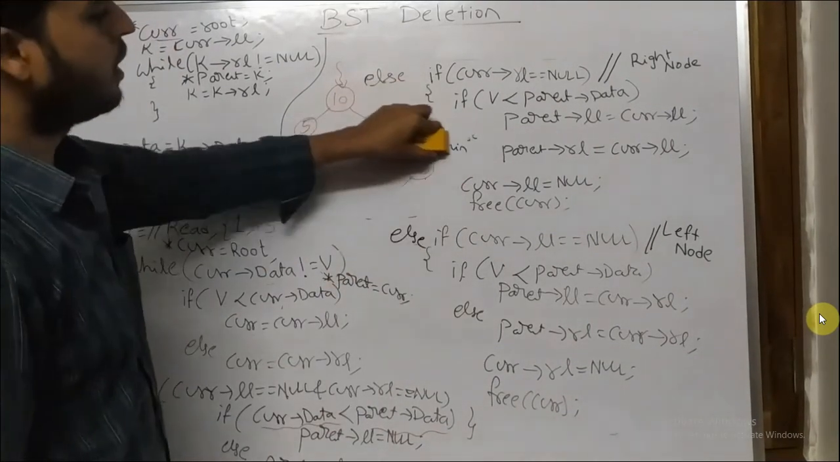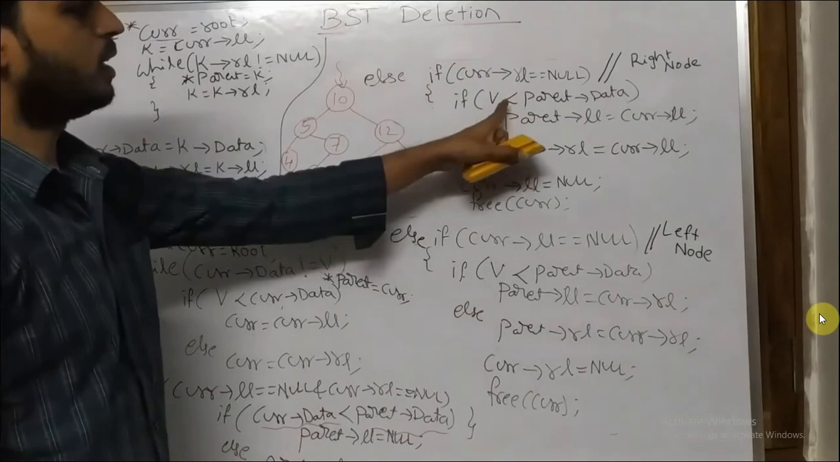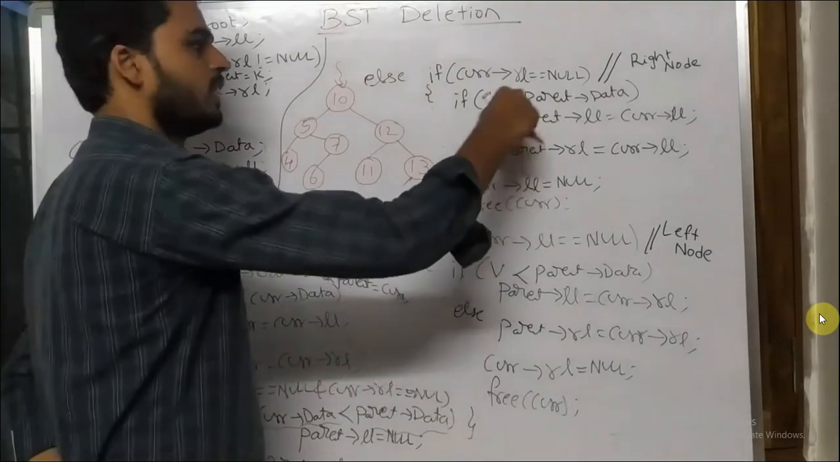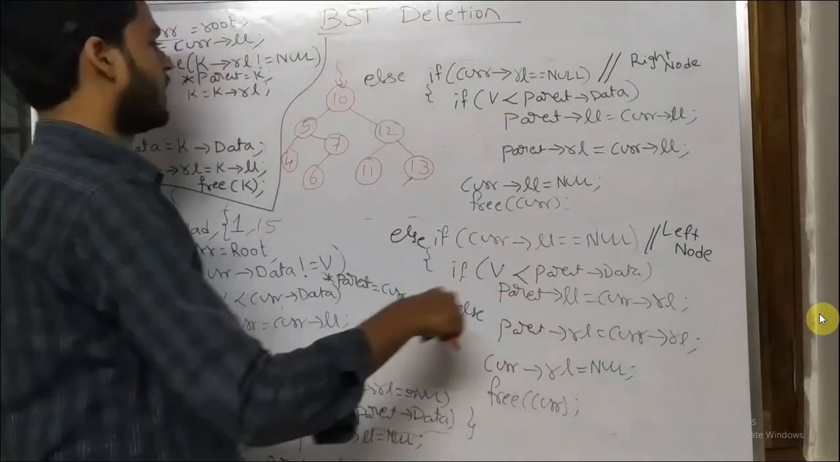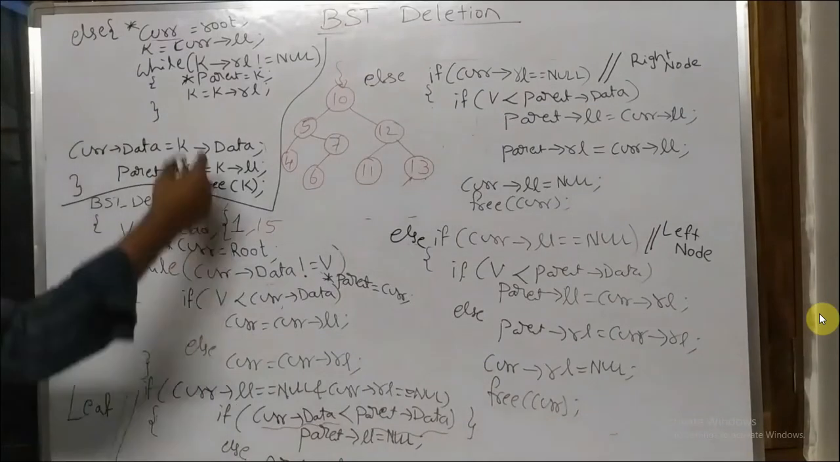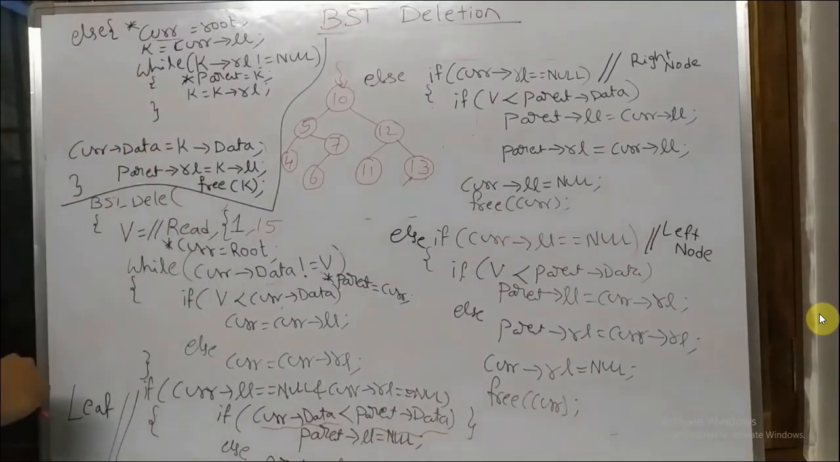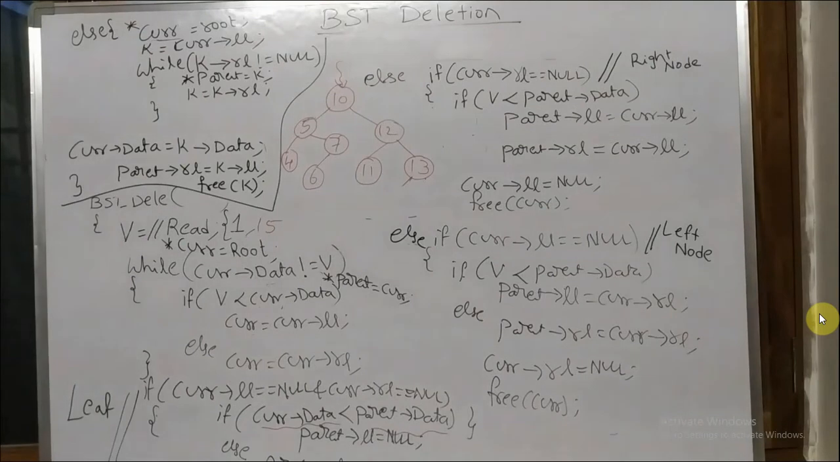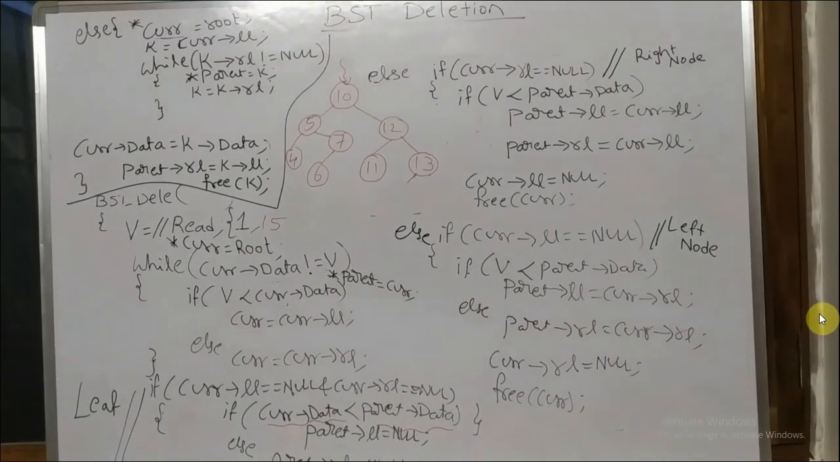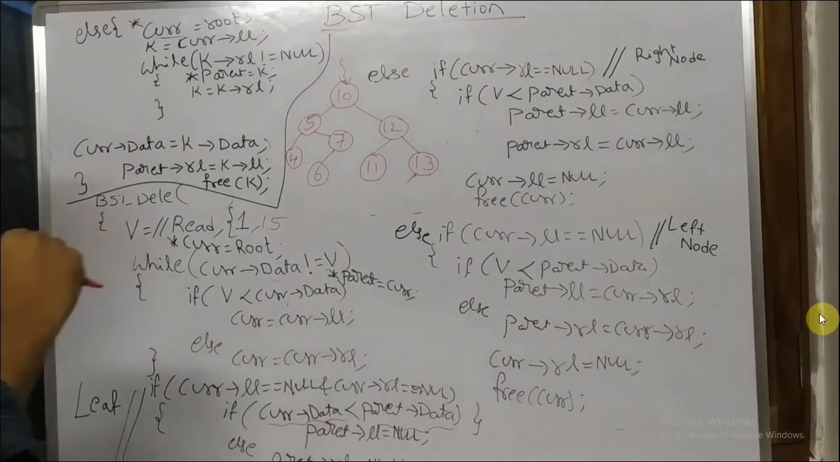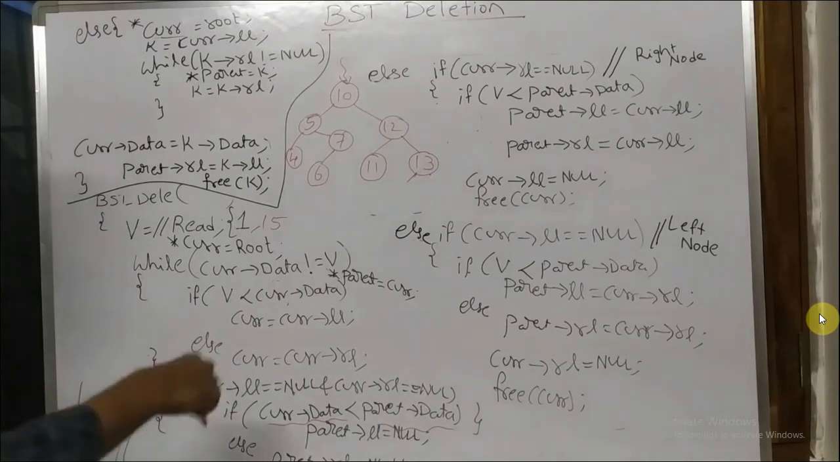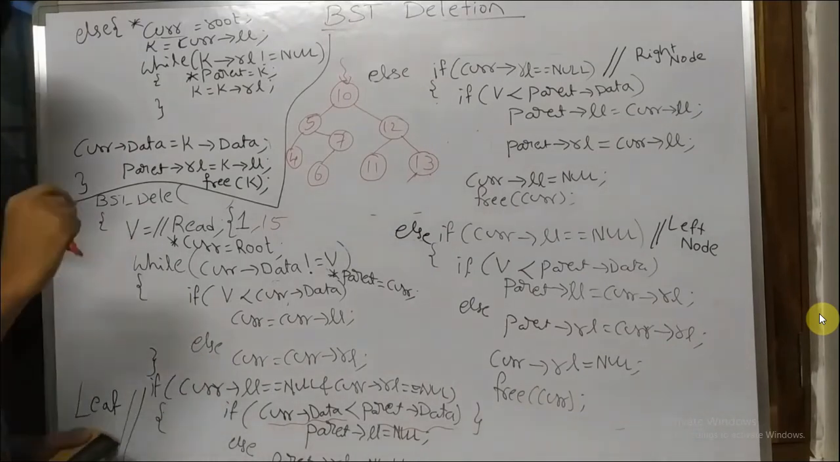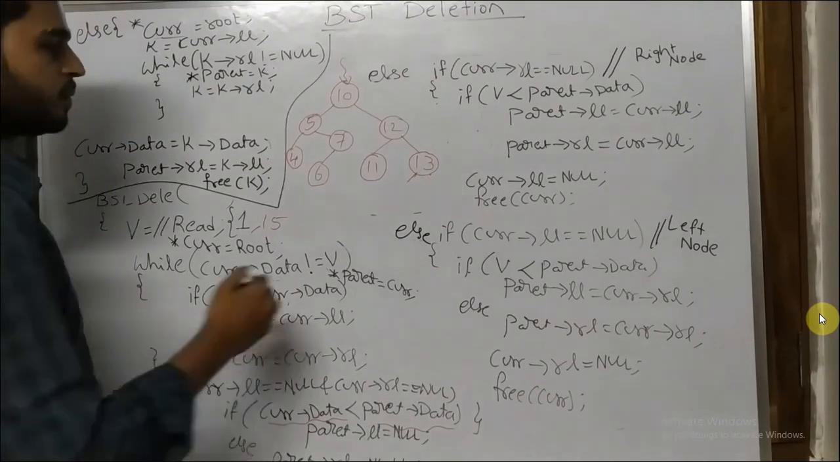Okay. This is the logic to check whether it has a right child or not. This is the logic to check whether it has a left child or not. And this is the logic for whether it has two children or not. Here we have done all the possible cases, but if the data is not matched, for example,